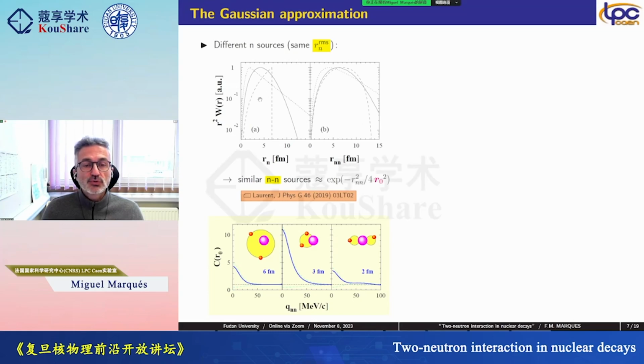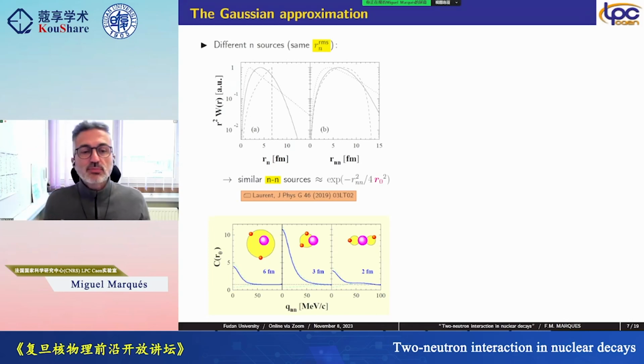So you put two neutrons in this volume and you calculate the relative distance, two independent neutrons, and you see that the three shapes are very similar. So even if the starting object has a very particular shape, when you measure relative distances within the object, you are less sensitive to the shape. So in that sense, the Gaussian approximation is not so